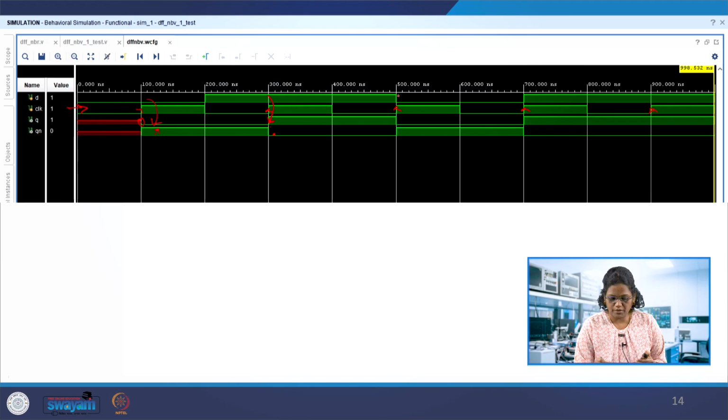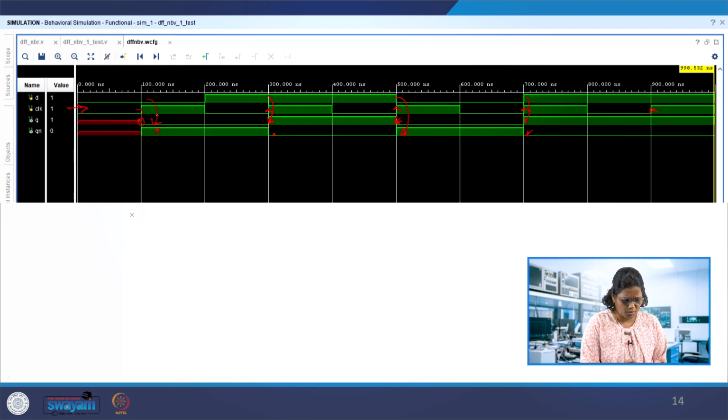Similarly over here, D is 0 and passed on to this point, and whenever there is a change in Q, the complement of this is assigned over here. So a similar thing happens in Qn as well. This is fine; it works as a D flip-flop without any reset. Of course, reset can always be added.